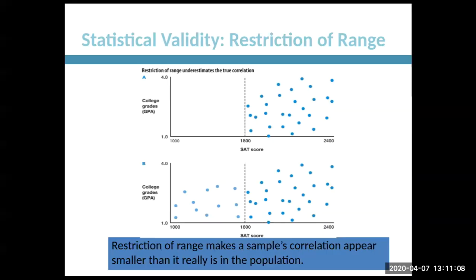You can think about that for sports as well. Only people that perform at this level or higher. So restriction of range does make a sample correlation appear smaller than it really is in the population, but in this case, it's because they're not going to consider people under that. So that's why they would restrict the range. So you have to ask yourself the question as you're evaluating these things for statistical validity: did they restrict the range or not? Am I looking at just a portion of the equation? Restriction of range, you're probably not going to deal with much more than college acceptance, right? But it is a good way to interrogate statistical validity in a correlation.